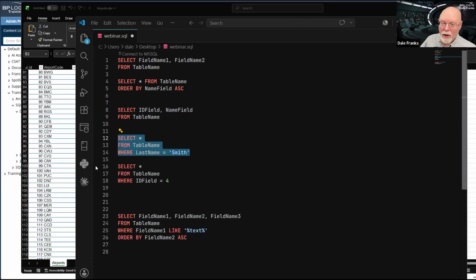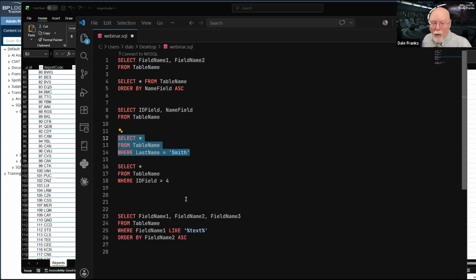The likelihood that it will find only one record where the last name is Smith is very low. So I can assume with this example that I am going to return multiple records.